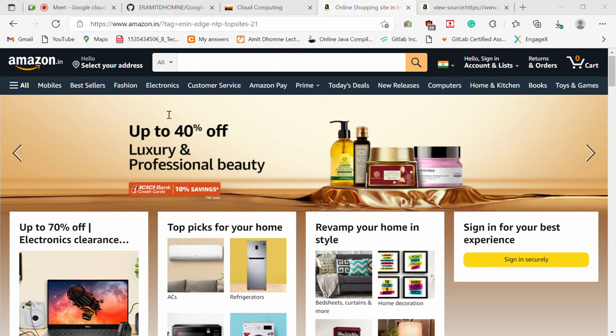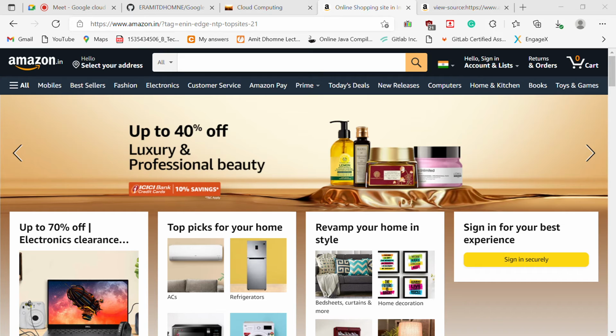See, server means what? Every server, Amazon server. Obviously, when you write a link in the browser, it will connect to the Amazon server. That server will give you the website and show the website on your screen. So here, client is your browser, whether it is Mozilla or Google Chrome or Microsoft Edge, anything. And server is the company server, which is going to give you the access. That is Amazon,